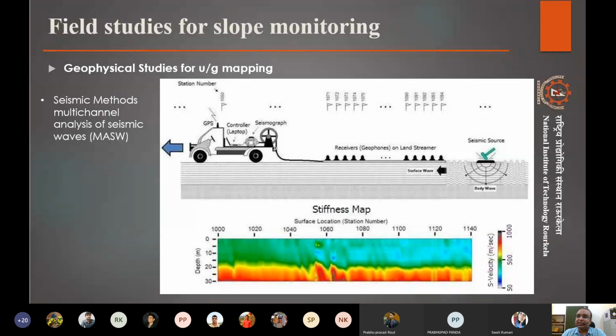But how do we study these when there is no such activity going on, but we want to find out what kind of material is there? Now, why are we studying these seismic waves? Each and every material, what kind of rock it is, based on what kind of strength and elasticity that material has, dictates the speed at which these seismic waves travel through them.